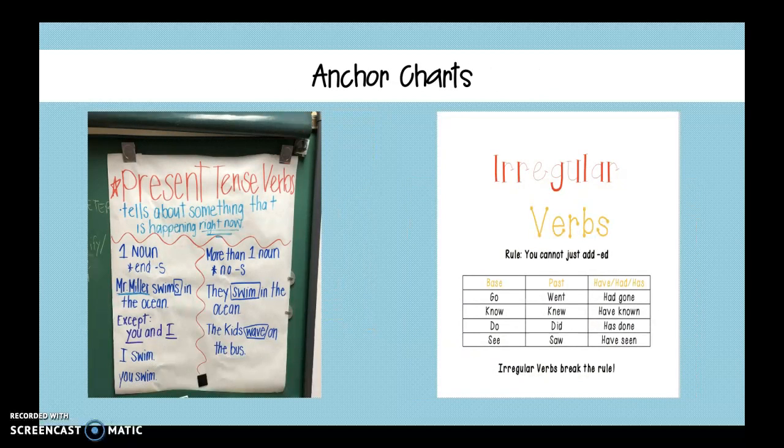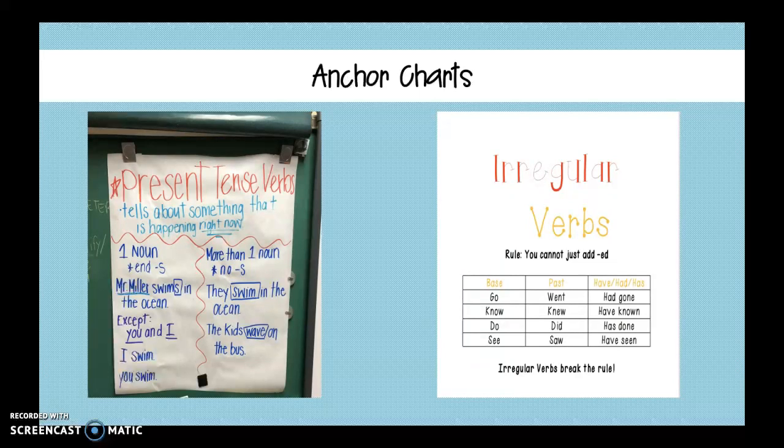Finally, you will see anchor charts which I have created in 4th grade. These 2 charts were focused around the different forms of verbs. The first chart focused upon present tense verbs and how to use and write present tense verbs. The second anchor chart that I have on this slide is based upon irregular verbs and the importance of those as well. Anchor charts are beneficial because they serve as a guide to help students remember the rules of grammar and to guide them through